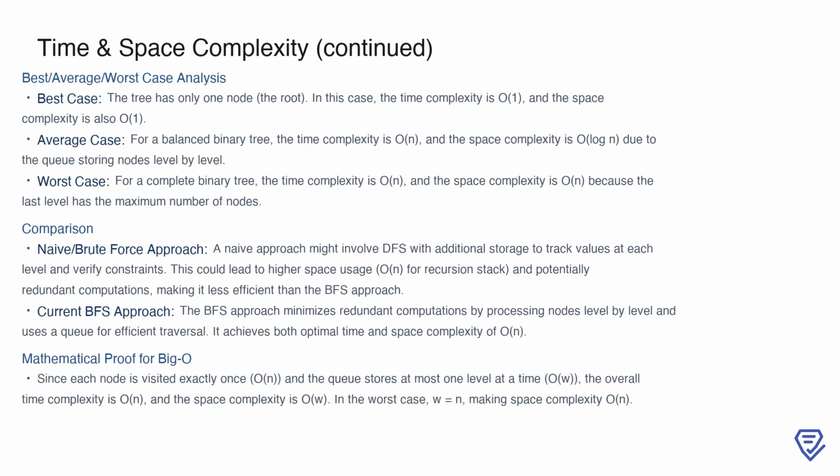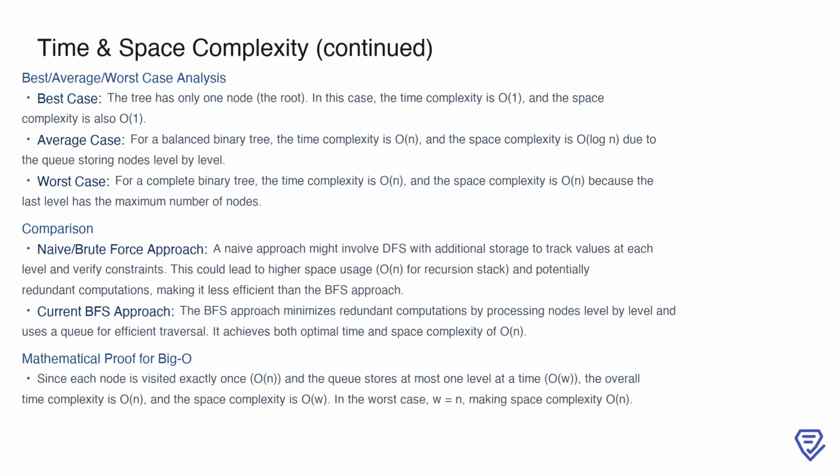Let's consider the best, average, and worst case scenarios for this algorithm. In the best case, the binary tree contains just one node, the root. Here, both the time complexity and the space complexity are O(1), since there are no levels to traverse or nodes